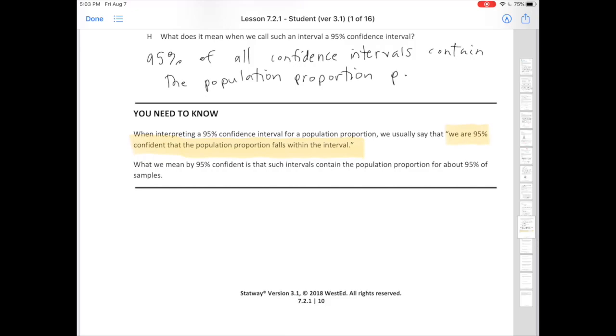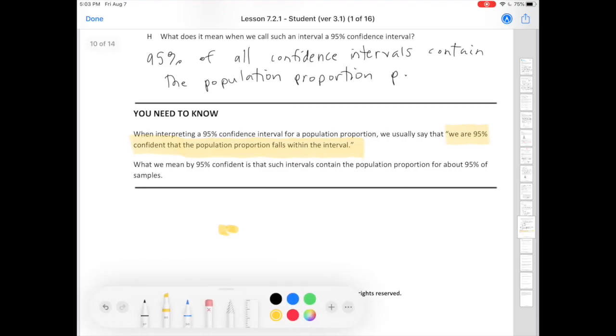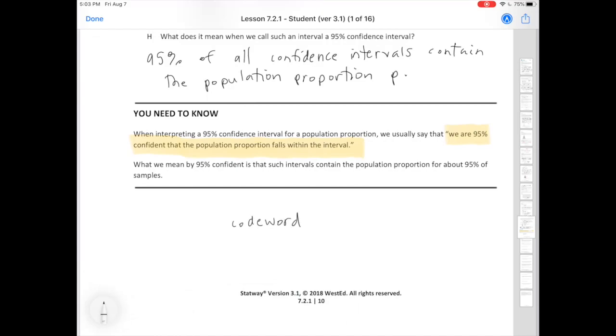This is the end of our lesson. And so the code word, the code word for this lesson is